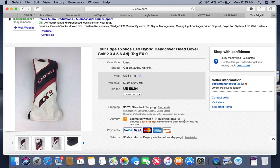Next up, Tour Edge Exotic EX9 Hybrid Head Cover. So I pick these golf head covers up a lot because I can get them really cheap. I either get them at our bins for less than a nickel or a dime, or there's a couple of local thrift stores in my area where I get them for a quarter a piece, and sometimes I've found them at the Goodwills,